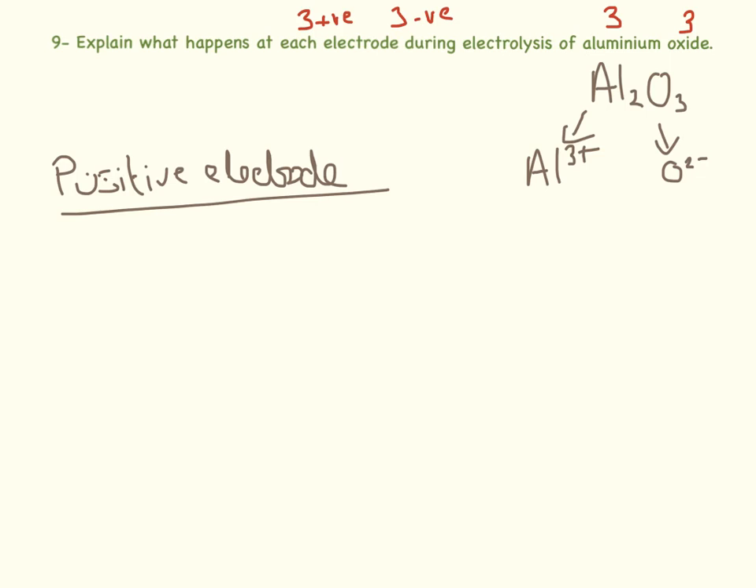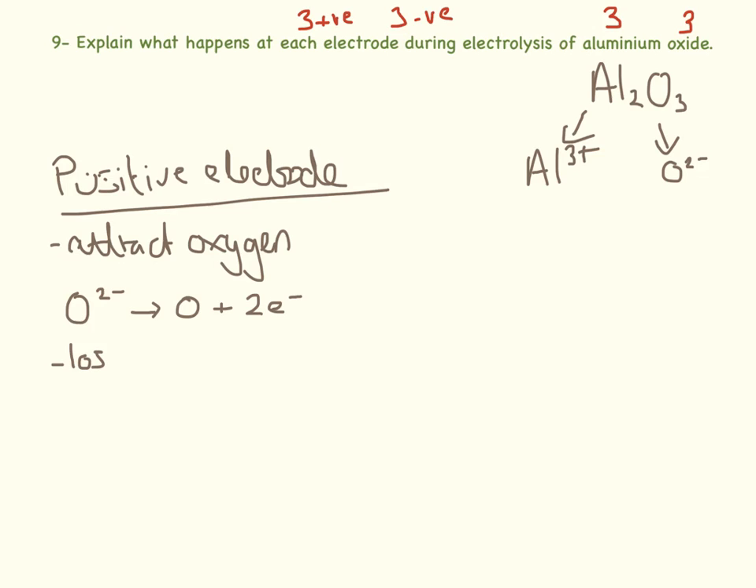So the positive electrode is going to attract oxygen. This is the reaction that's going to take place at the positive electrode. It is going to be turned into oxygen plus 2 electrons. Now writing it out like that makes it seem really obvious that oxygen is going to lose electrons. And hopefully you'll remember this: oxidation is loss, reduction is gain of electrons. So oxygen is losing, so it's actually being